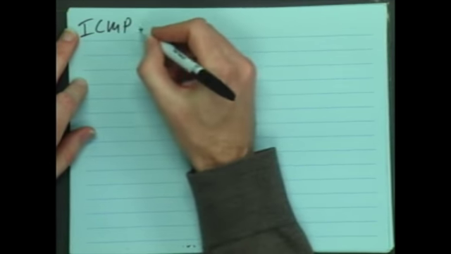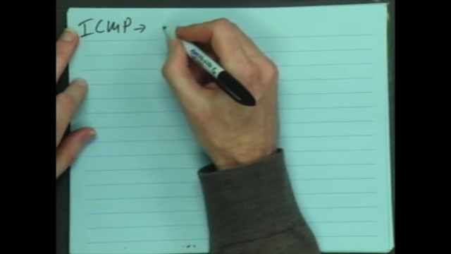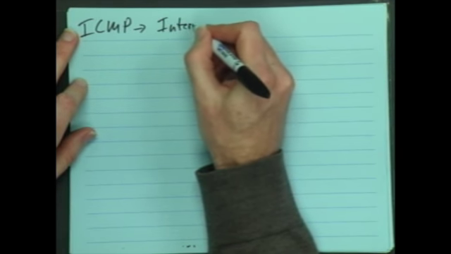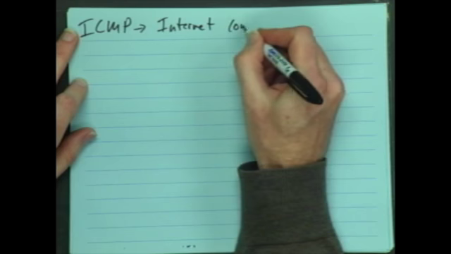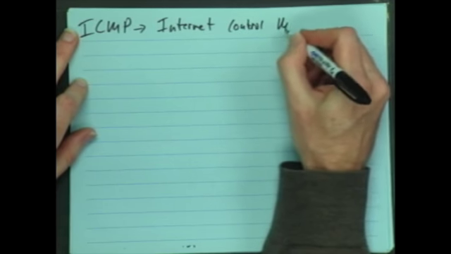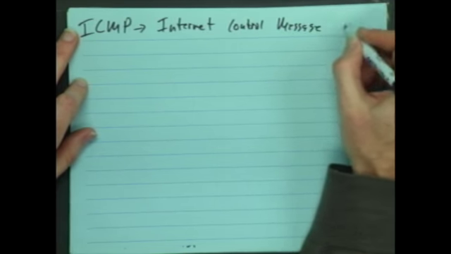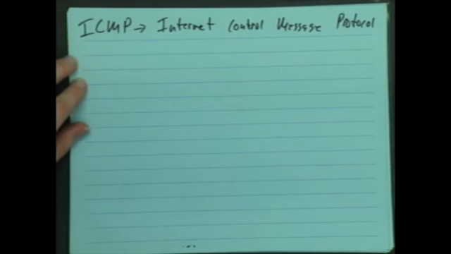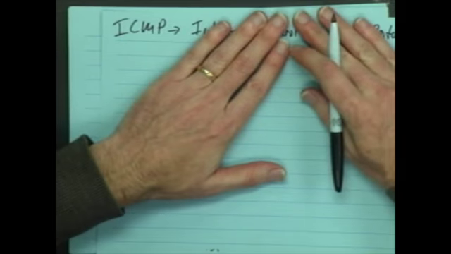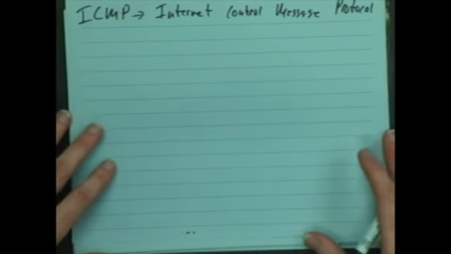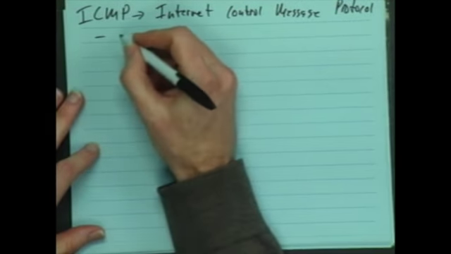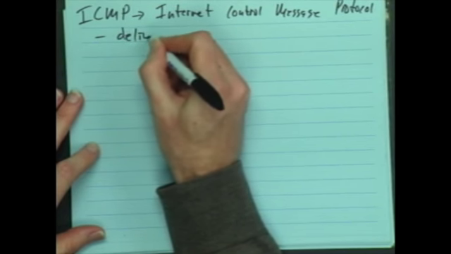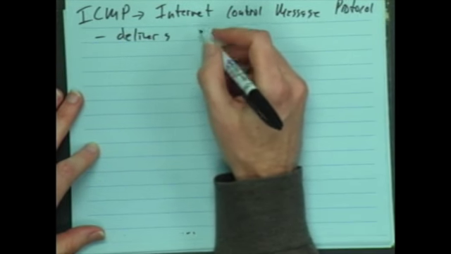ICMP. This is a funny thing. This is called Internet Control Message Protocol, which you're never going to use, or you're never going to say that. It's just ICMP, right? This is the protocol used to deliver